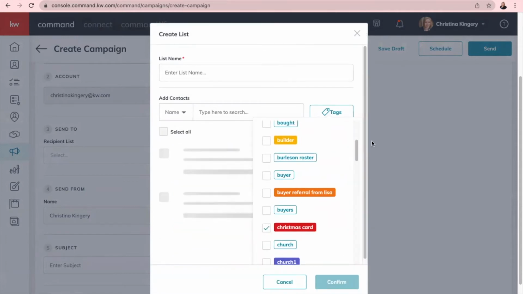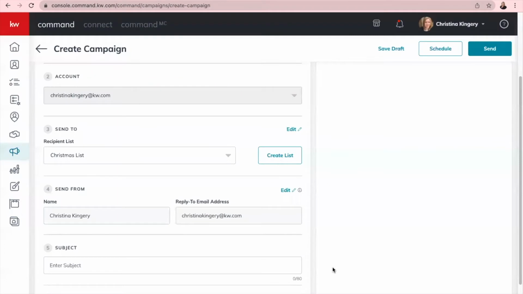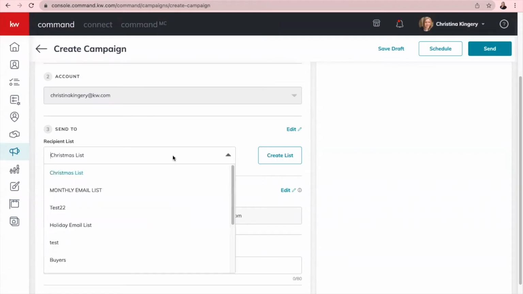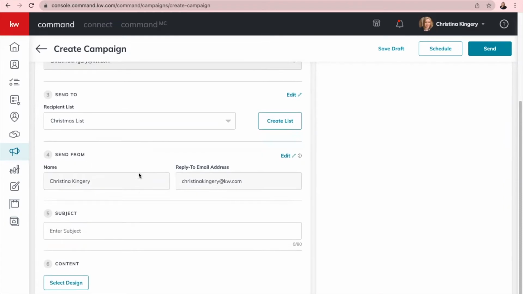Okay, let's just say I'm sending it to these people. Then it will pull up anyone with that tag and then select all and name it, confirm, and now I have that list saved. Okay, going forward, as long as you have that list saved, you can go here and select that list. You don't have to create a new one. Now down here,